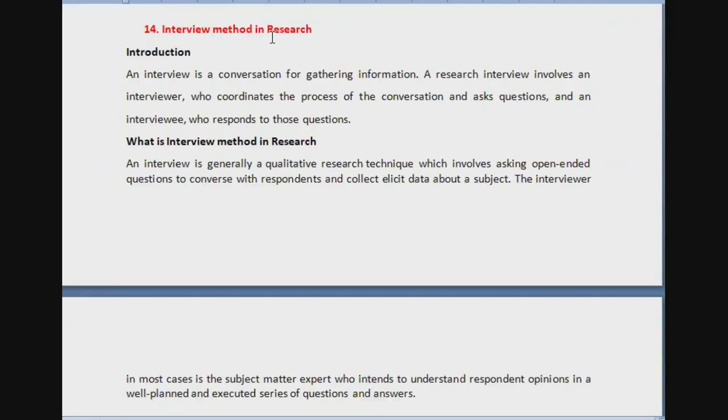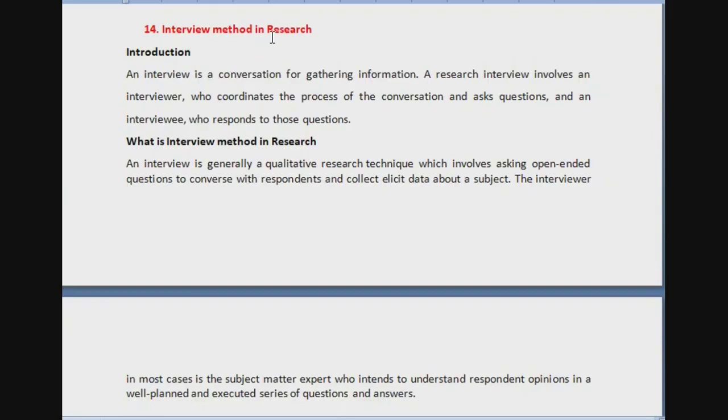If you see some documentaries on different concepts, maybe there is a documentary on child marriage, all right, or school dropout or something. What they will do is that they will go to people who are affected by that problem. They will try to interview them, right? If you see some documentary, Discovery and all that stuff, you will see that inside the documentary, here and there they would put some interviews. So that is what interview method in research is.